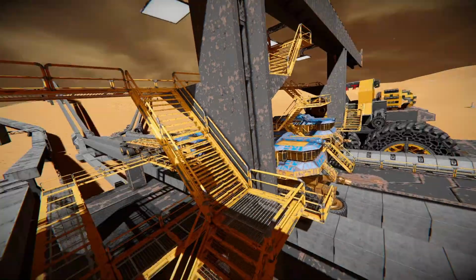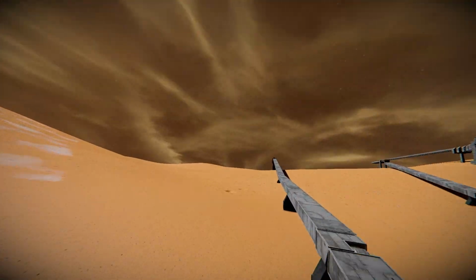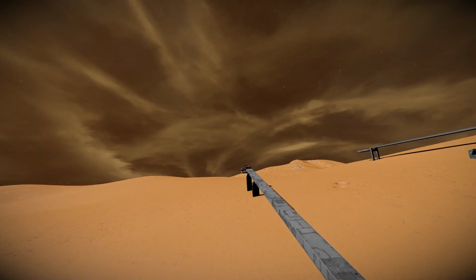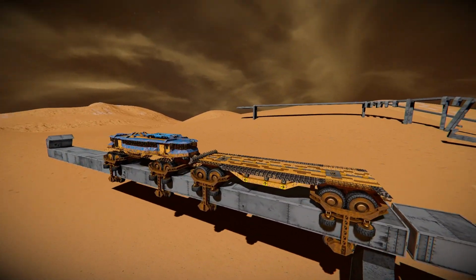And yeah, please don't look at this station. I know it's ugly, it's not finished, and it's not even meant to be finished. Okay,